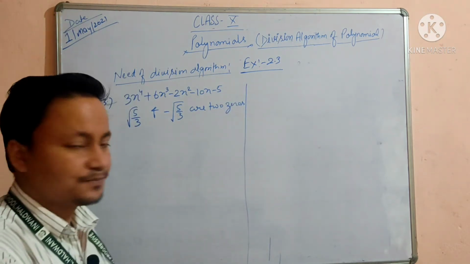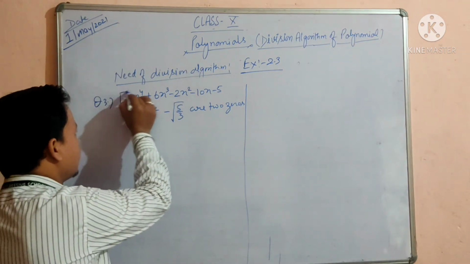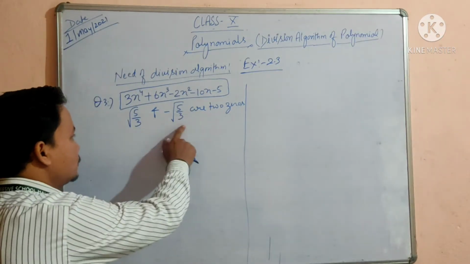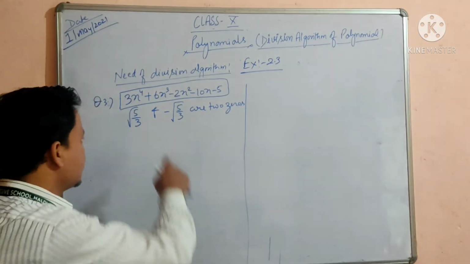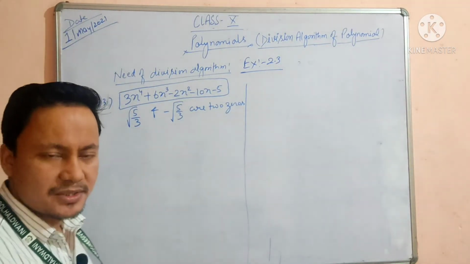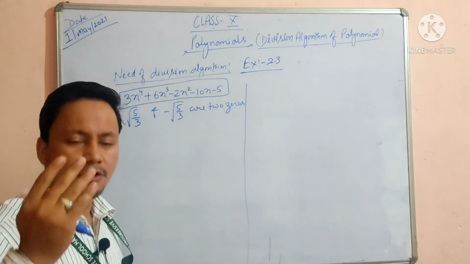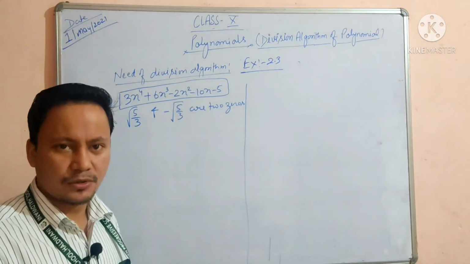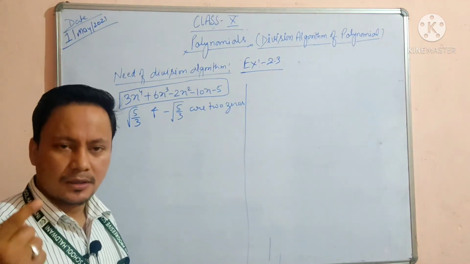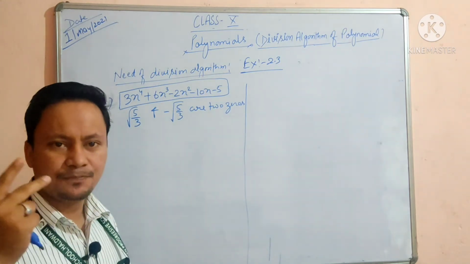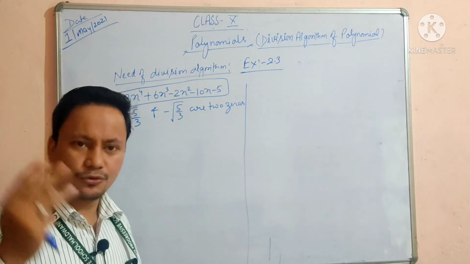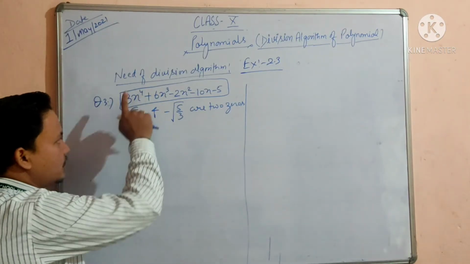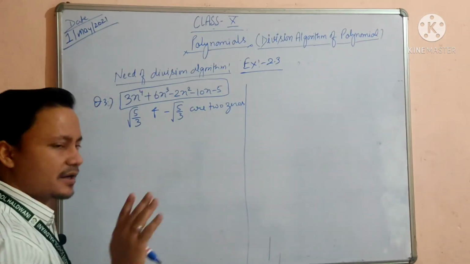So dear student, see here, this is a polynomial which is given, and we have to find out all other zeros of this particular given polynomial where two zeros are already given. So see student, this is a biquadratic polynomial, because the degree of this polynomial is 4, and if the degree of any polynomial is 4, then we call it a biquadratic polynomial. Okay, if degree is 1, then it will be a linear polynomial. If degree is 2, then it will be a quadratic polynomial. If degree is 3, then it will be a cubic polynomial, and if degree is 4, then it will be a biquadratic polynomial. So here the degree of this polynomial is 4, so it is known as a biquadratic polynomial.